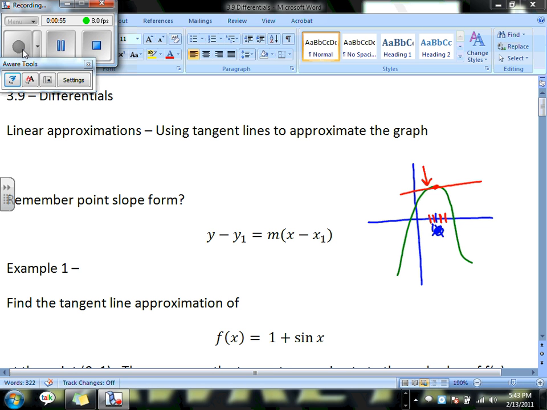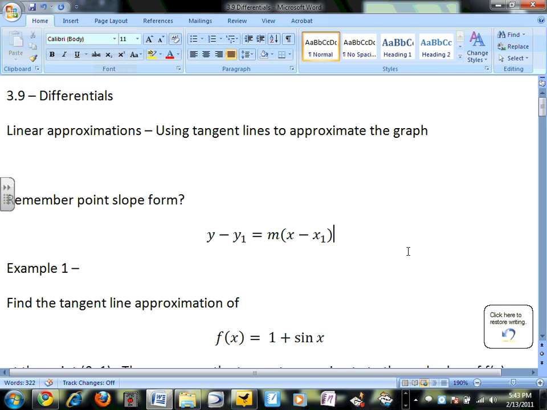as they get closer and closer to this original value, I think we called it 1, our value for y is going to get closer and closer to what the actual value for y is on the graph. If we were to just plug it into the equation, we'd get it. I know you're probably thinking, why don't we just plug it into a regular equation? We can. But this is setting up what differentials are, and you'll see how we use it in a little bit. So hopefully you remember point slope form, and this is where this all came from,